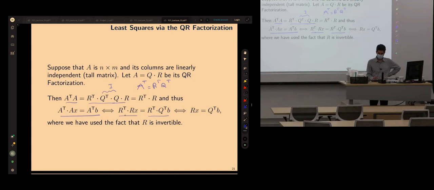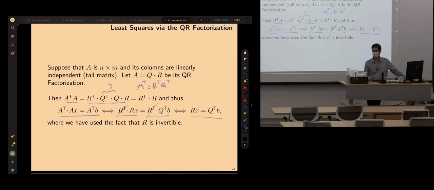Now, if the columns of A are linearly independent, we know R will be invertible, so we can multiply both sides by the inverse of R transpose and drop this, right? Because R will be invertible if the columns of A are linearly independent. So what we're left with is